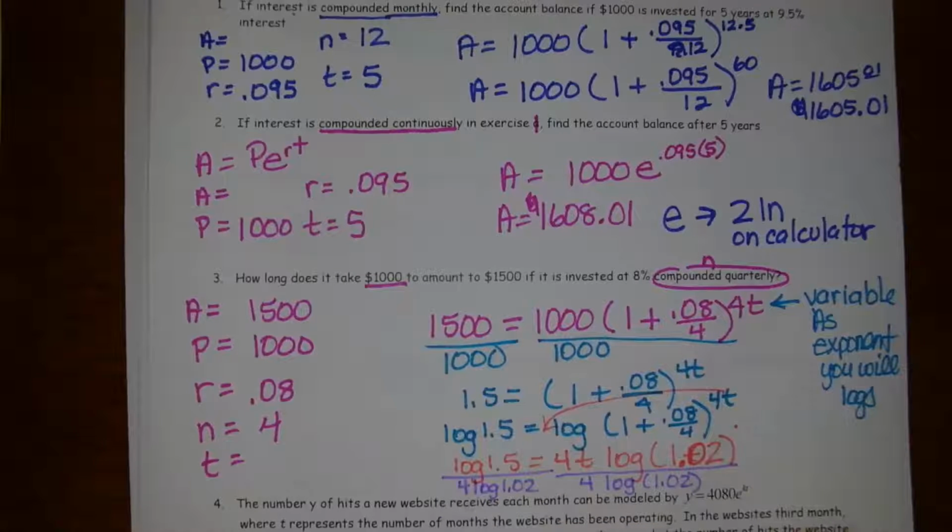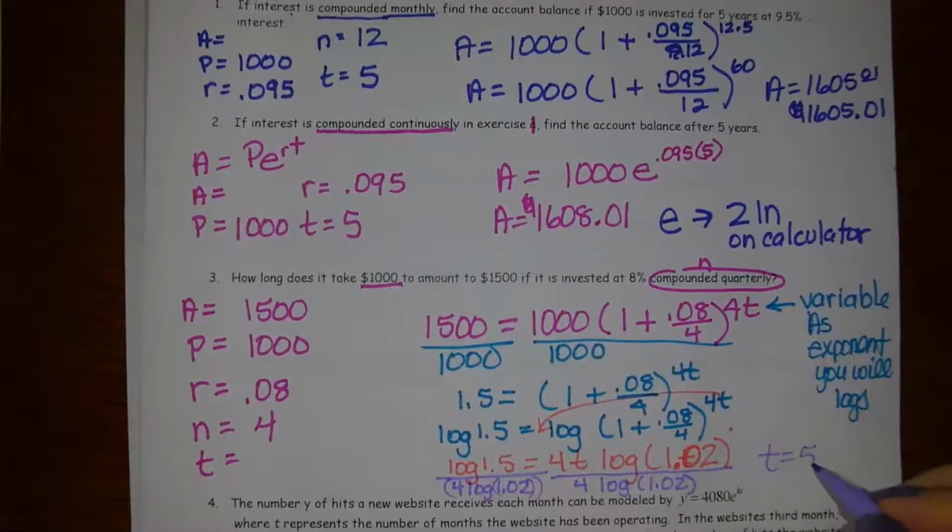And where do you find the fraction button on your calculator? Alpha y equals 1, right? Use your fraction bar so that you don't need parentheses. If you don't use a fraction bar, you're going to need parentheses like that around your log. And you should get 5.119